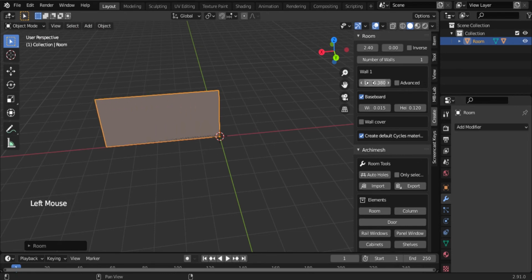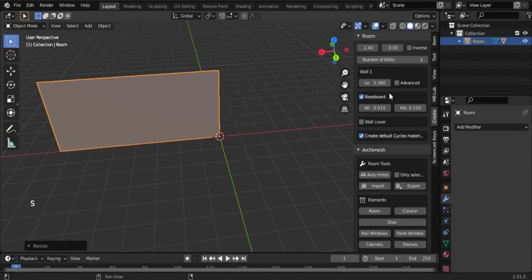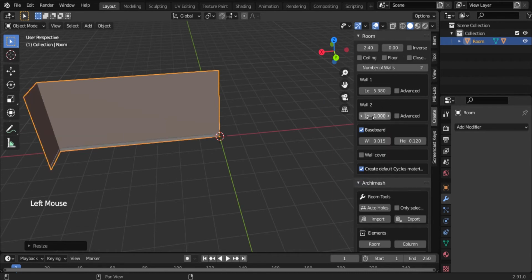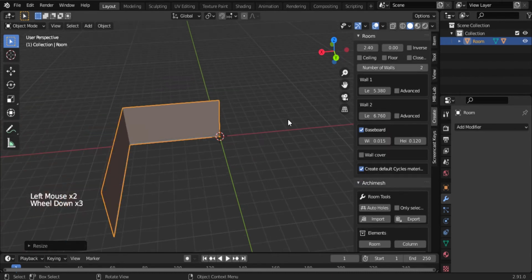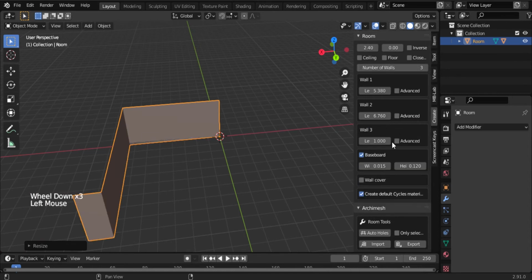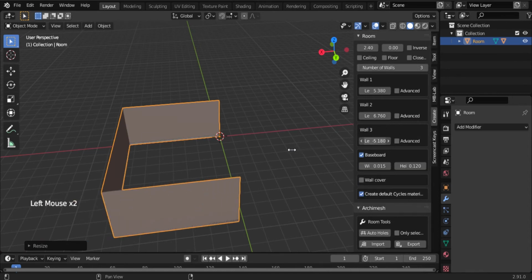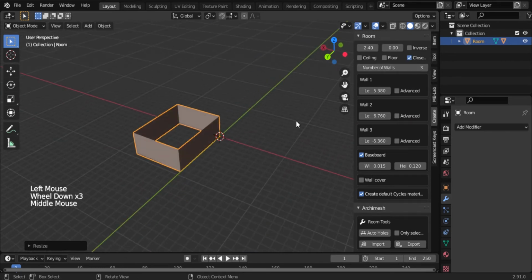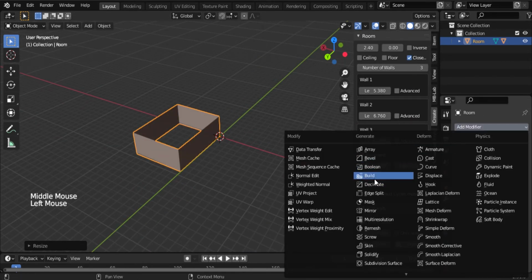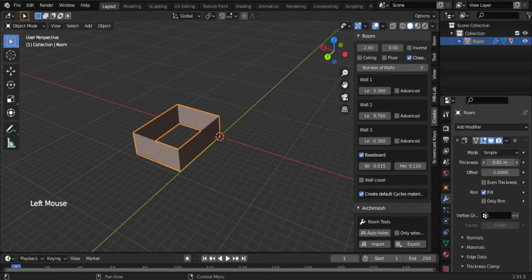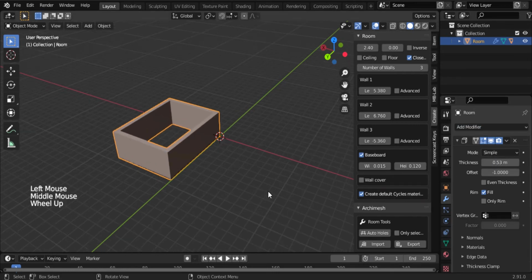and increase the length of the wall and number of walls 2 and scale it and wall 3 scale it. Now close the walls. Go to modifiers and select Solidify and increase the thickness of the object